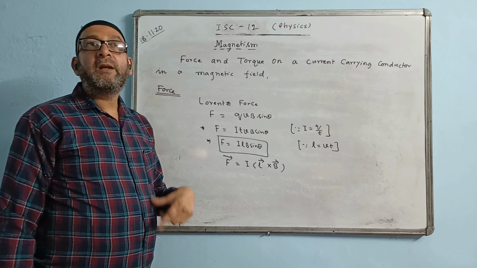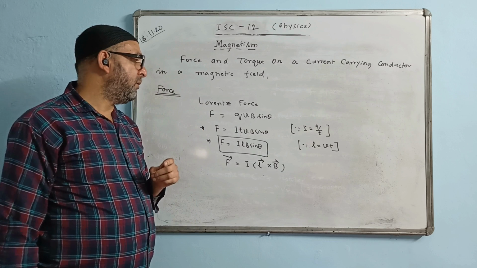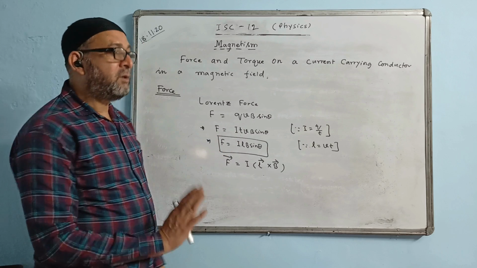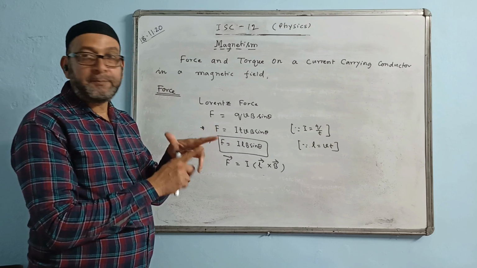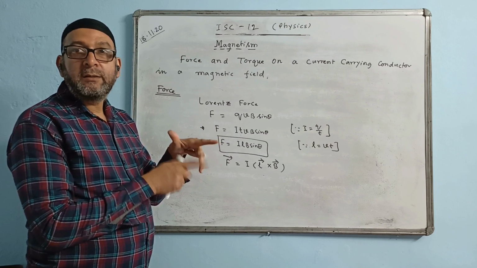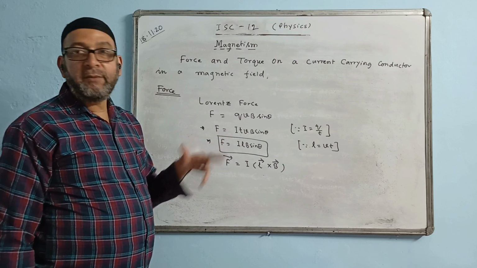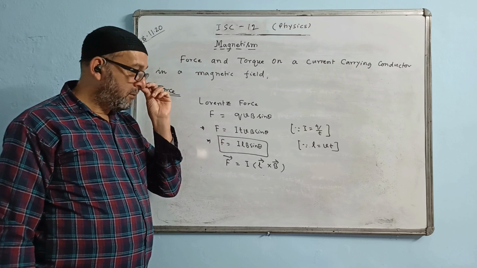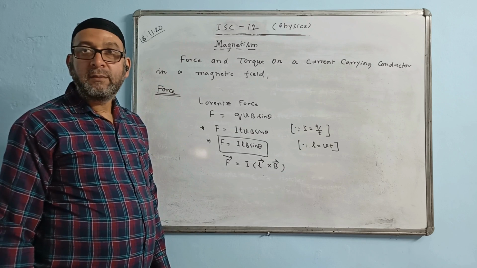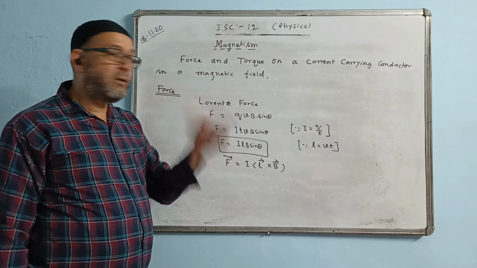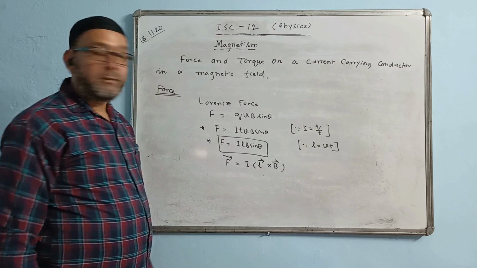And if they say electron is flowing, the direction of flow of electron will be exactly opposite to the direction of flow of current. Electron is going upward, the direction of current will be downward. You have to take current wise. F B I, I is current. If electron is moving in the eastward direction, then current will be westward, just opposite. You have to take it current wise, not the direction of velocity wise. So this is the formula of force in terms of current carrying conductor.